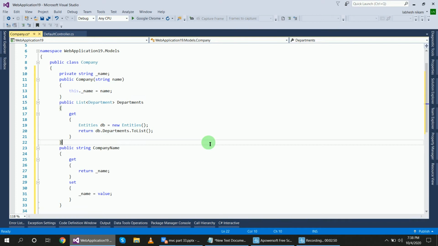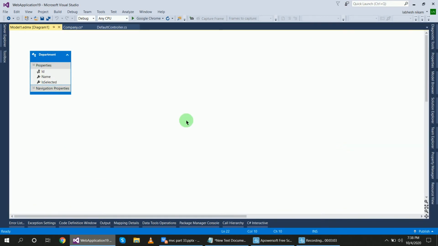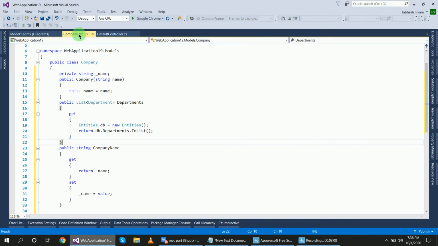And the list of departments is coming from the Department table, which I have inside of Model1.edmx. This is my Department table, and to get it into this one Company class, we can create only one model, the Company model. Inside of the Company model we will add the company name and the department list.